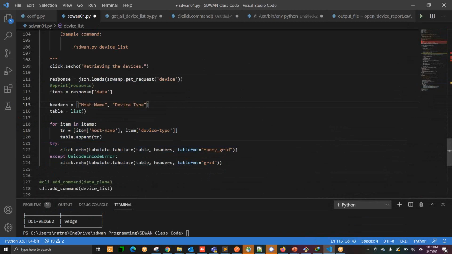First of all, the JSON dumps, then we are calling the get request from the library that is there at the top, then we are calling a list. You can think of this as a list. Then we are putting it inside the for loop, then we are using one inbuilt append function to append whatever we are getting inside the table, and then we have the tabulate format to print this in a nice output.